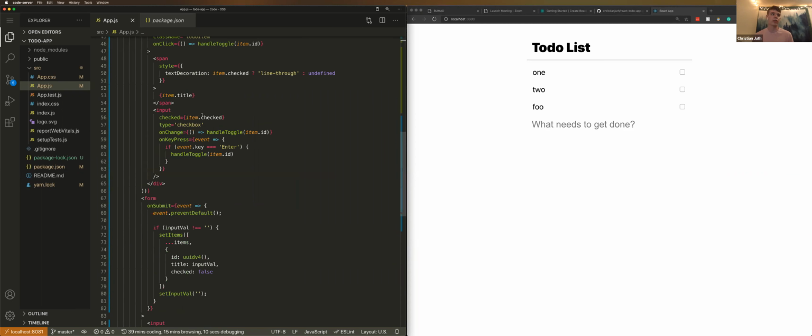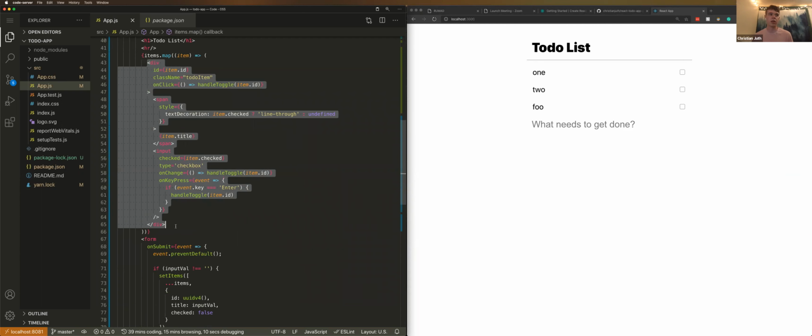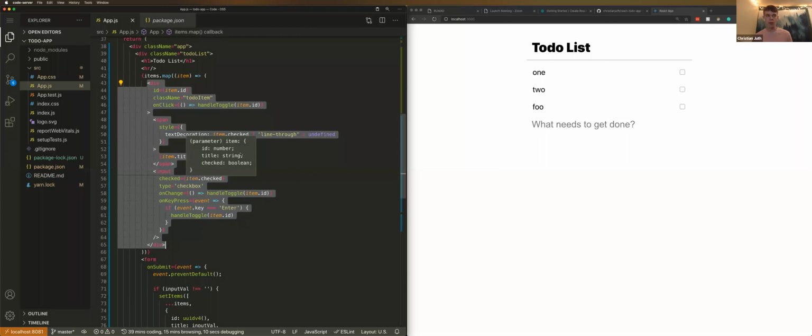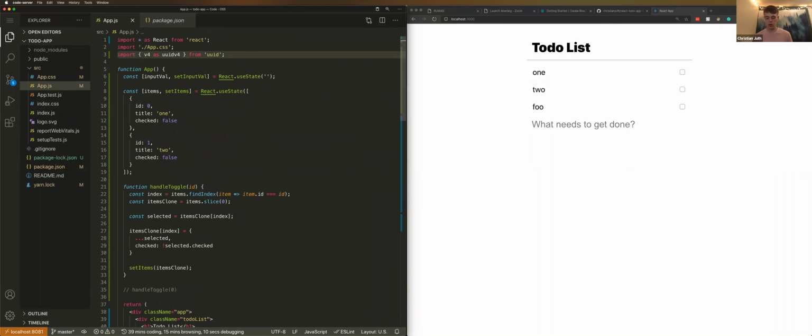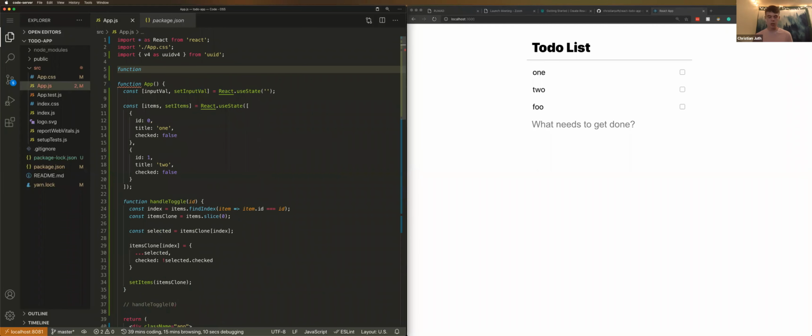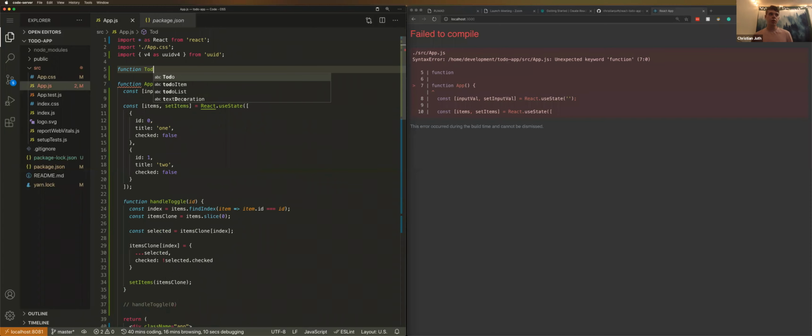So what we're going to do is take what we did for the to-do item, and break this out into its own component. I'm going to start by creating a function, to-do item,